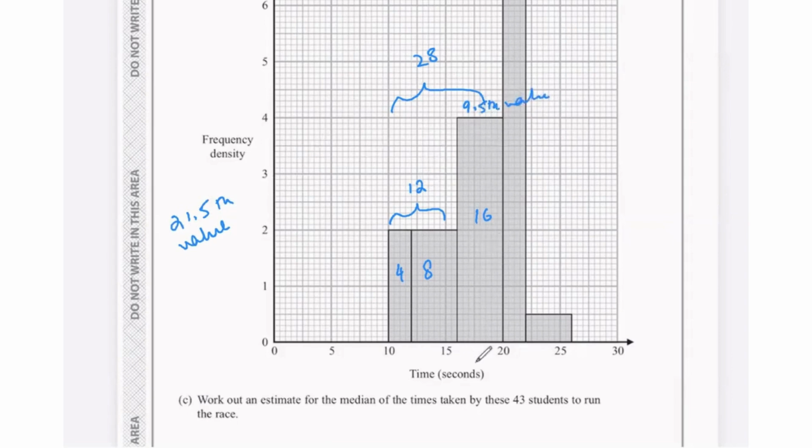So we know that over here, 16 is the frequency, and the class interval was 4 because it's 16 to 20. The 9.5th value in this interval gives us the median value, because up to the 21.5th value, 12 values are already over here. So what we will do is we will divide 9.5 by 16 to find the frequency for one of these values. So 9.5 divided by 16 is going to be